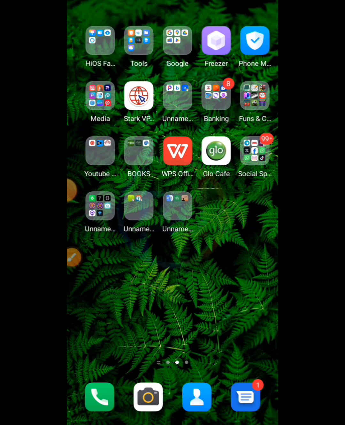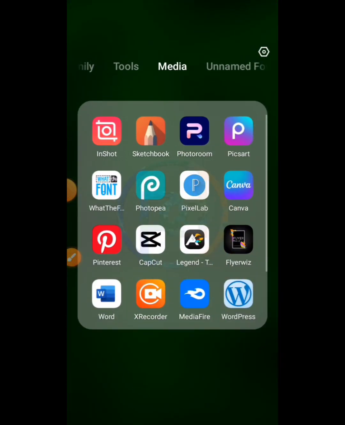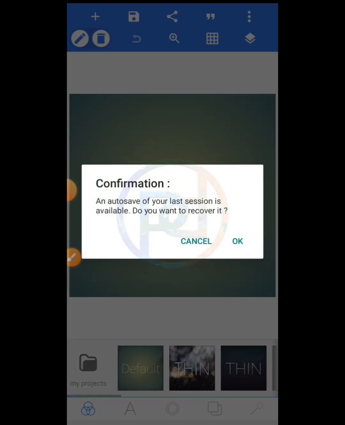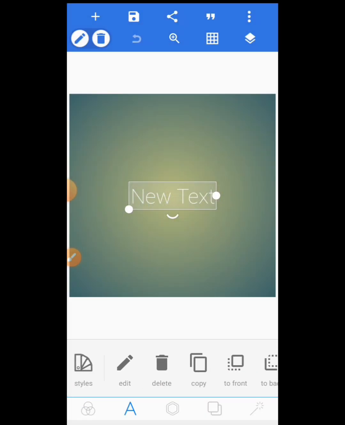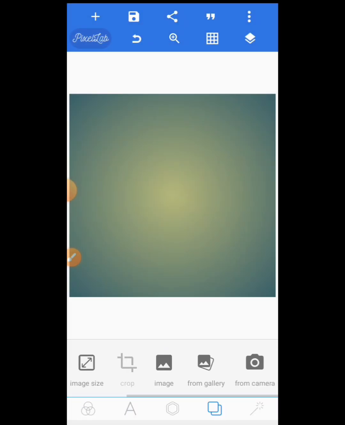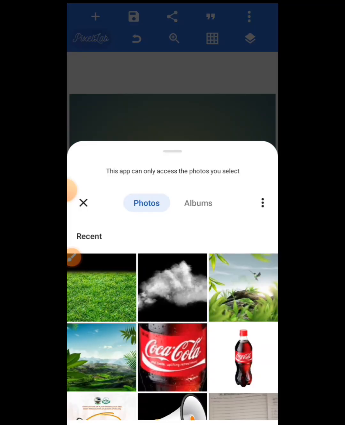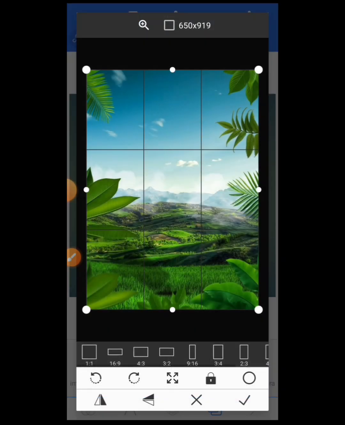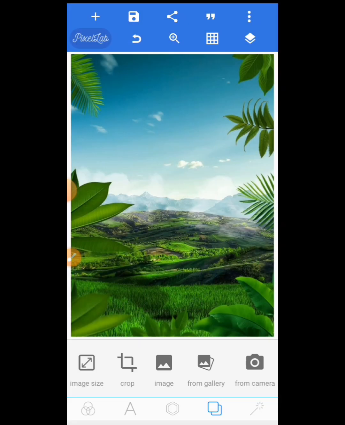go to Pixellab, open Pixellab, and I'll start the design one after the other. Now you clear this default text, you go to this place from gallery. Once you click from gallery, you can now pick your background. Okay, your background, let's use it in full view. Now this is the full view of the